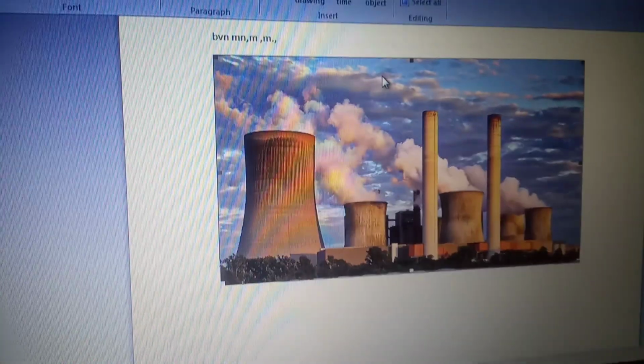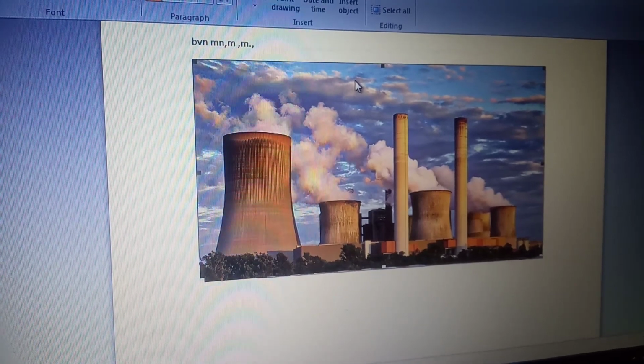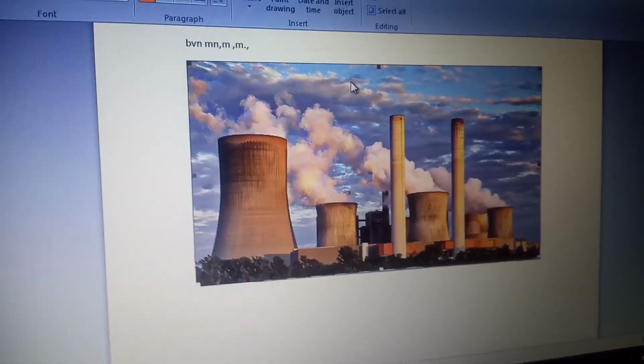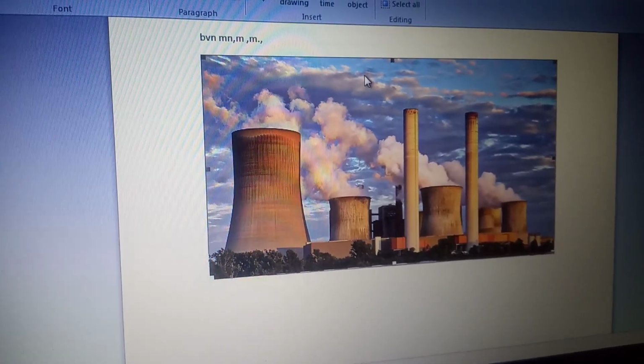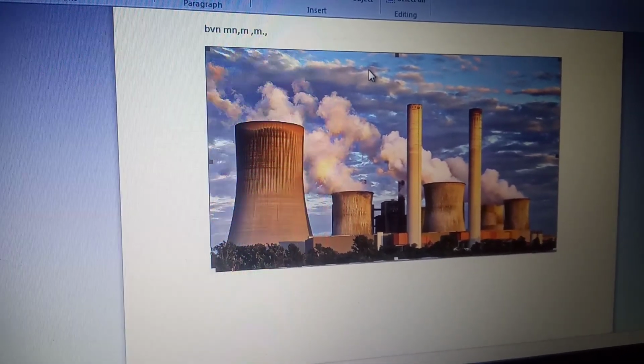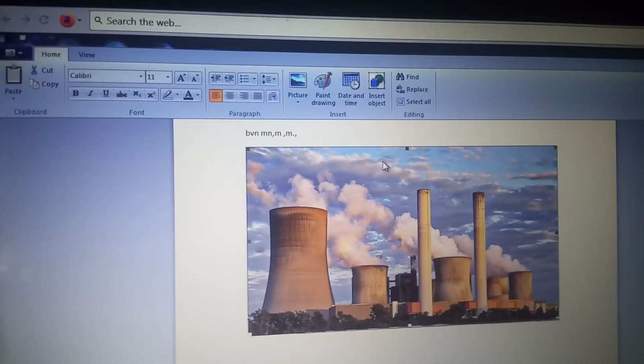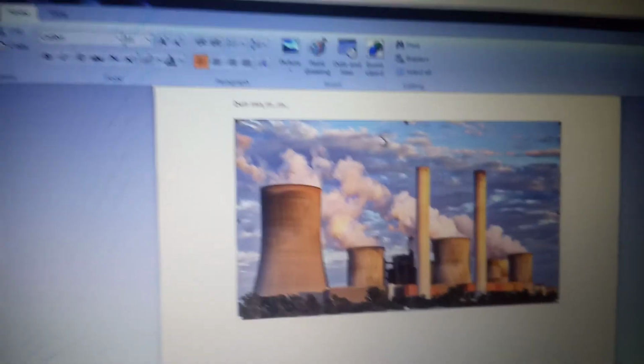You can see now this picture is added to my WordPad window. Like that you can type anything, add a picture or graphics, and you can edit, view, and print your text with the help of this WordPad window.